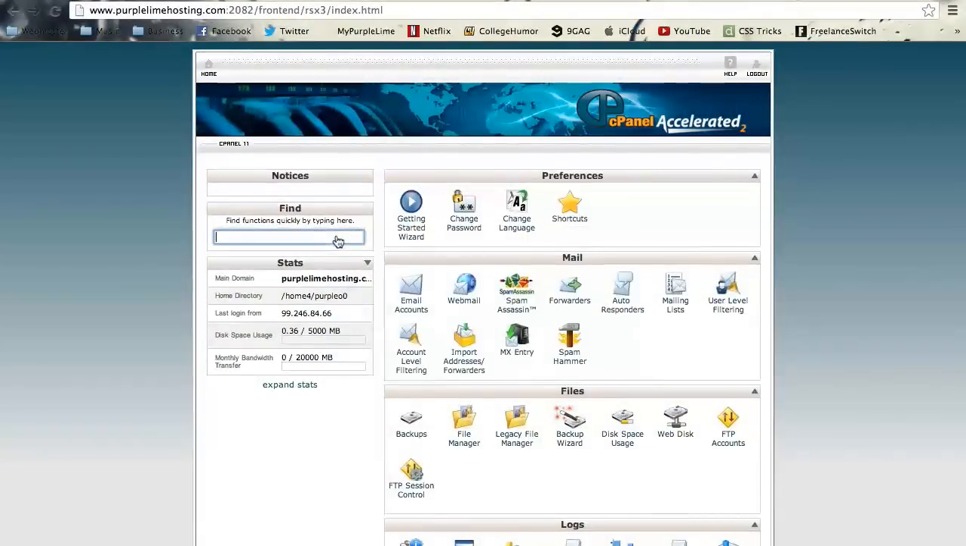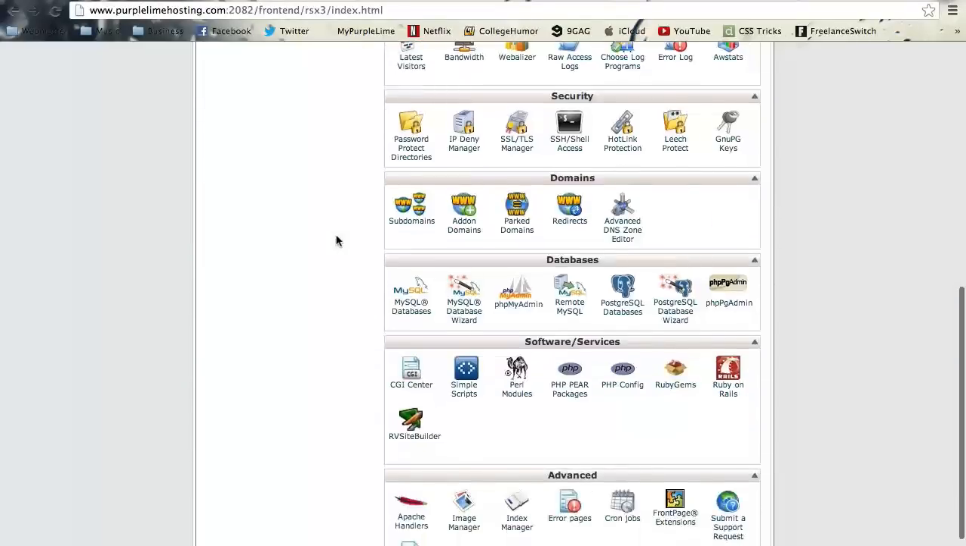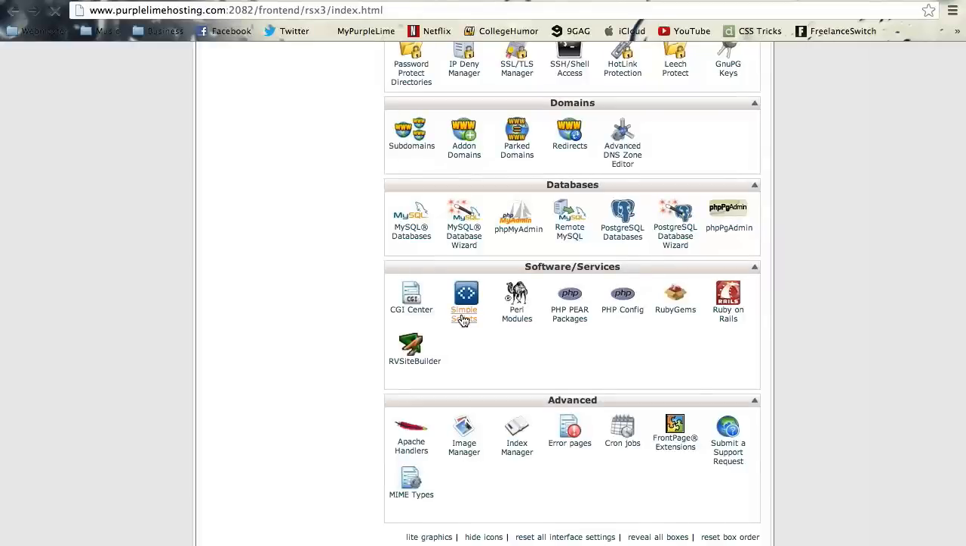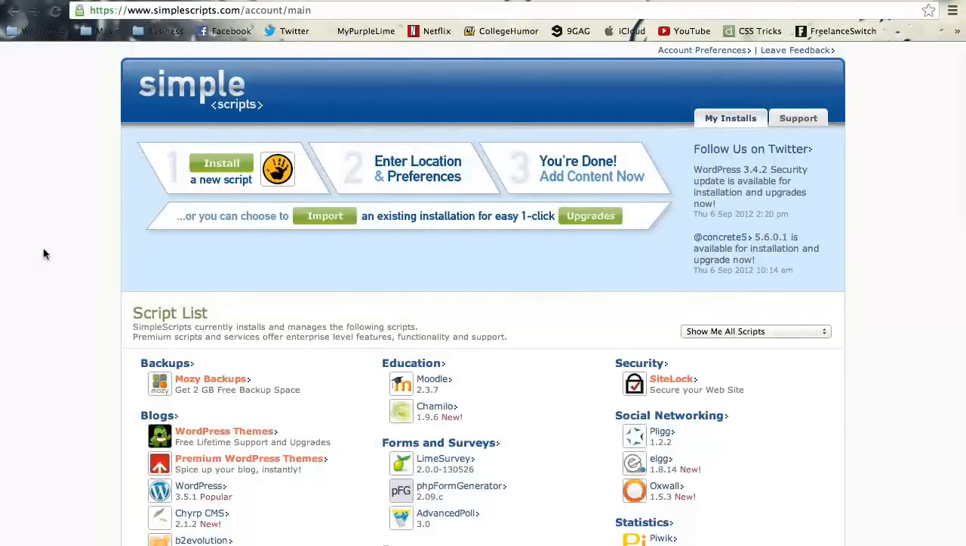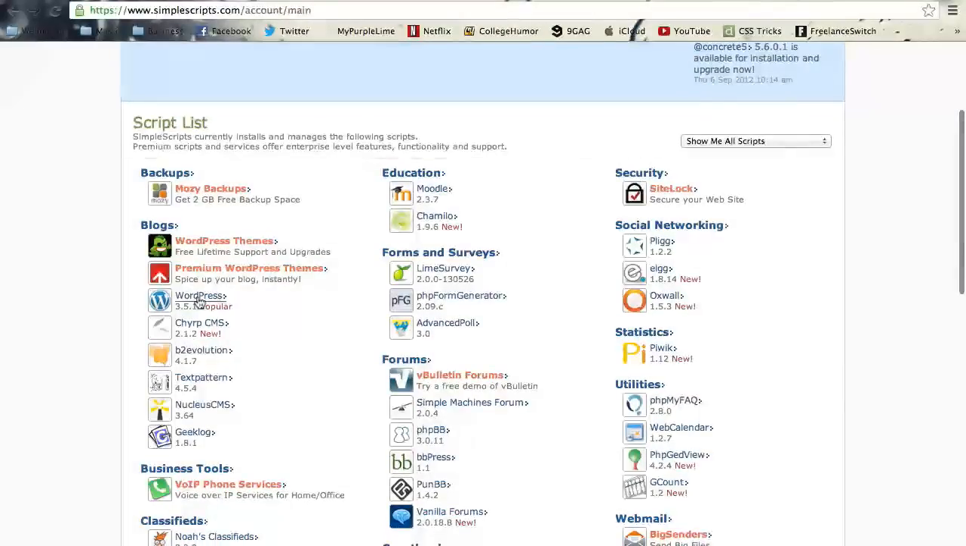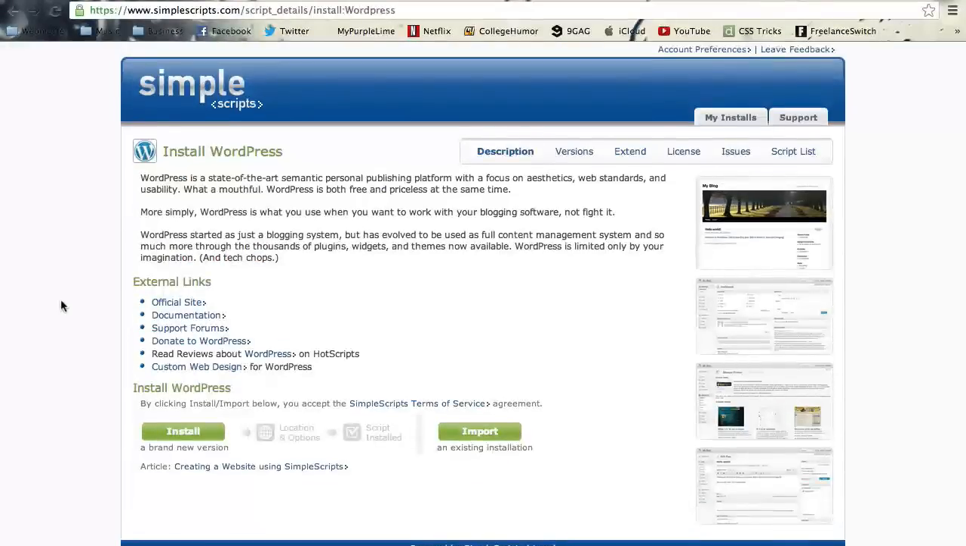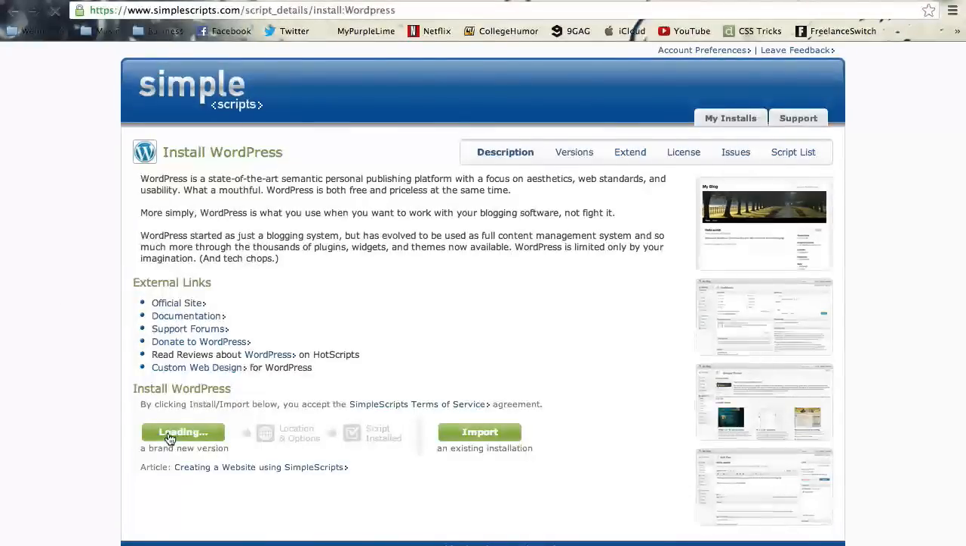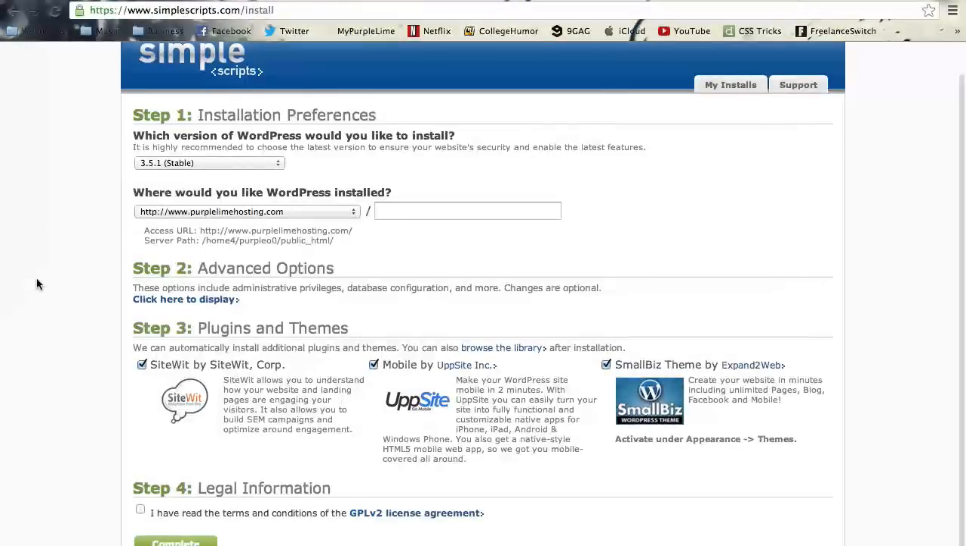So once you've logged into cPanel, you just want to scroll down and find Simple Scripts. We're going to click on that, and click on WordPress, and we're going to install it. Alright, so a couple things I want to talk about here is if you have subdirectories, you can go ahead and type those in, but for this tutorial we want this on our main page. So when people type in yourdomain.com or whatever, WordPress will be installed in that section,